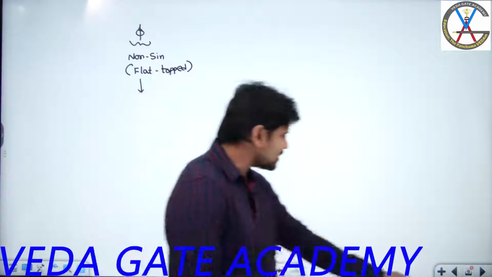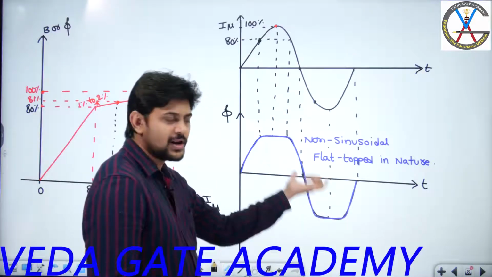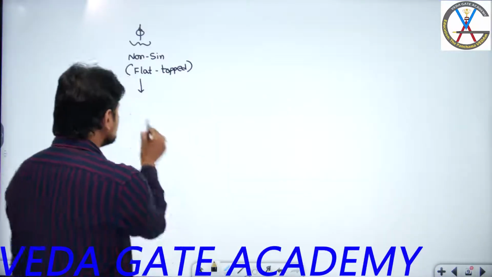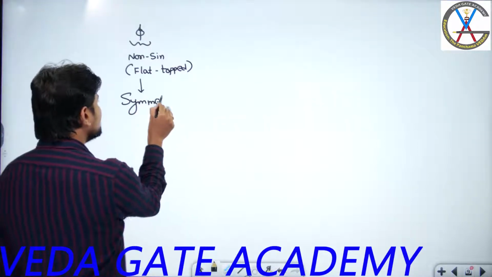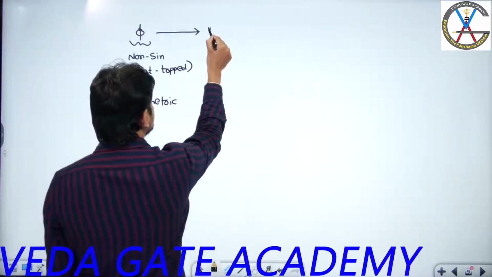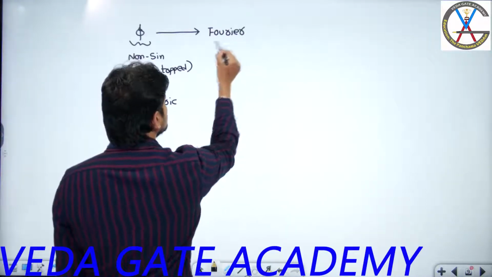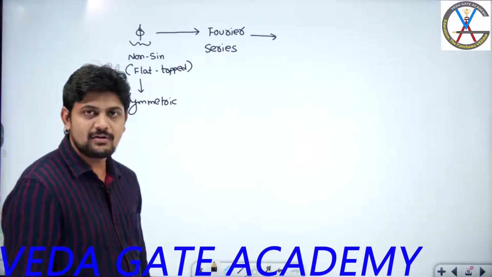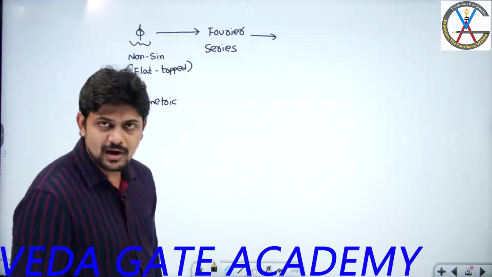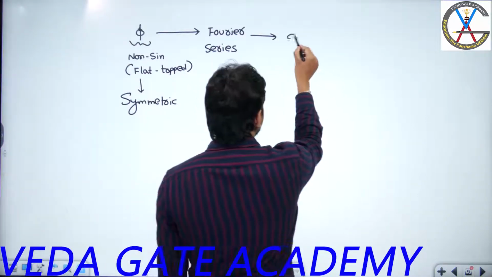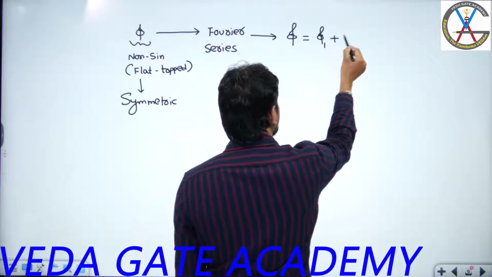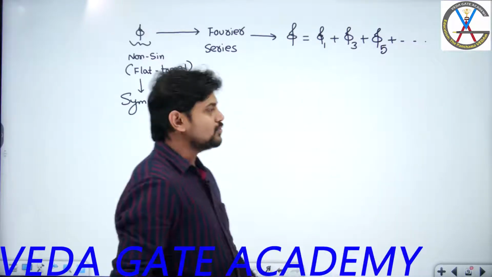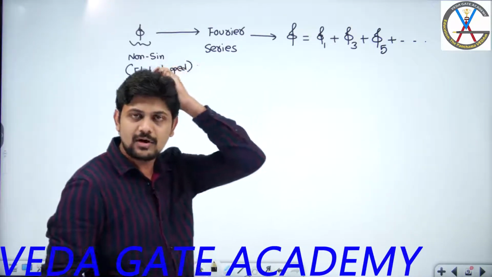Is this flux waveform symmetric or non-symmetric? Obviously, if I reflect this shape onto the x-axis, the same shape will be coming in the upper cycle. So we can say that the flux is symmetric. And if I apply Fourier series analysis to this particular flux waveform, apart from the fundamental component of flux, it will also contain harmonic fluxes. That means if I resolve it, it contains the fundamental component of flux, third harmonic component of flux, fifth harmonic component of flux, all those things. And out of these, the dominant one is the third harmonic flux. Are you following what I am saying?